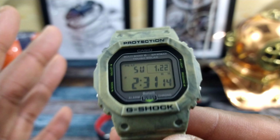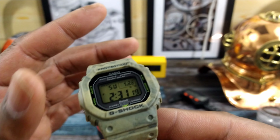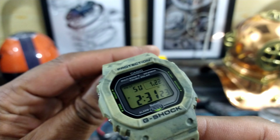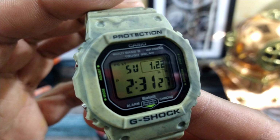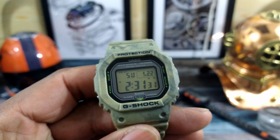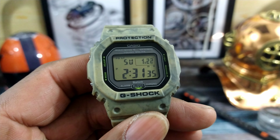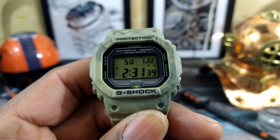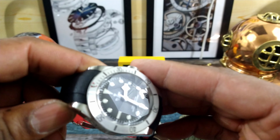G-Shocks are the king of beaters, and that's just as simple as it is, hands down. And if you want to refute that, leave it in the comments. G-Shocks are the king of beaters. They're priced nice. They've got something for everybody, all price ranges, and these things are tough as nails. So that would be the first watch, your daily wear watch, something that you would wear at least 45% of the time. Now your next 45% of the time,